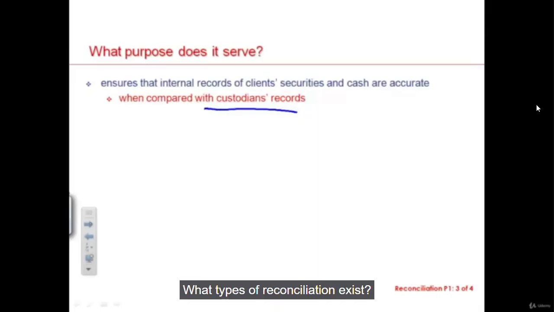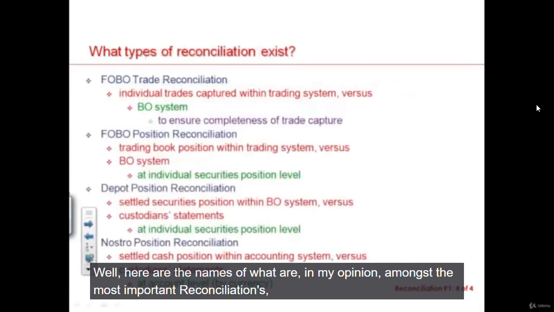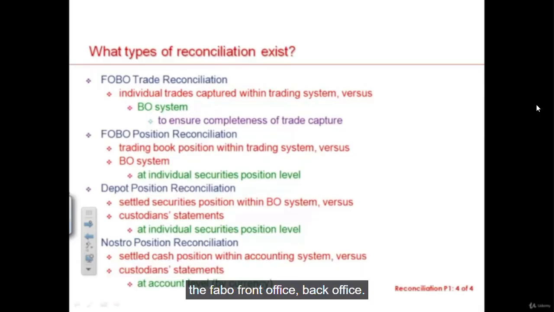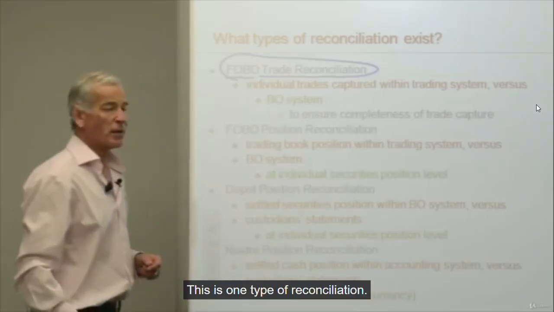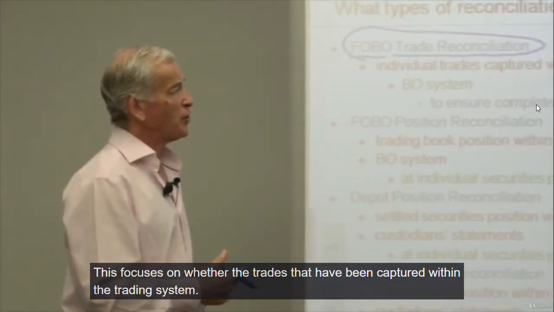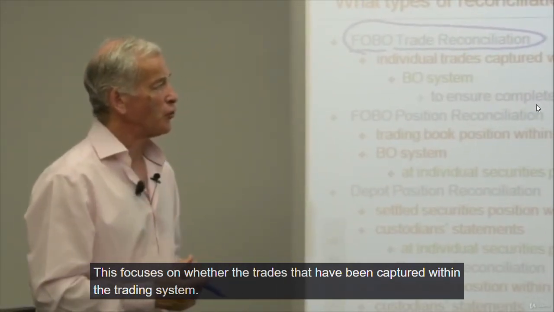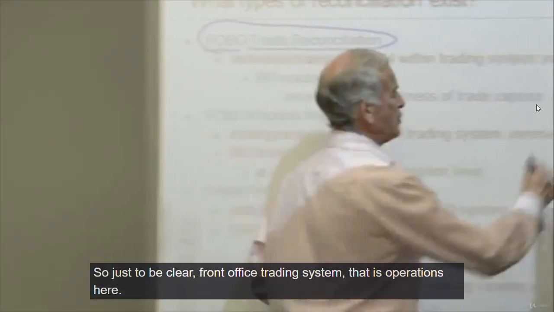What types of reconciliation exist? Well, here are the names of what are, in my opinion, amongst the most important reconciliations. The FOBO, front office, back office, in other words, front office and operations, trade reconciliation. This is one type of reconciliation. This focuses on whether the trades that have been captured within the trading system. So just to be clear,